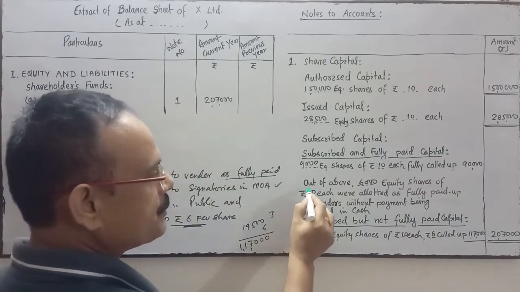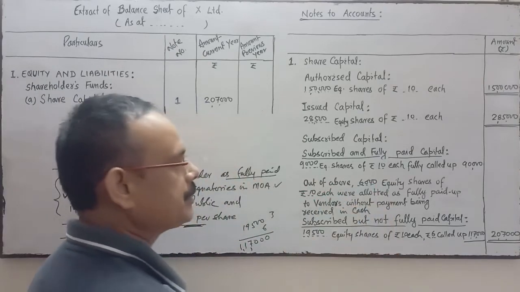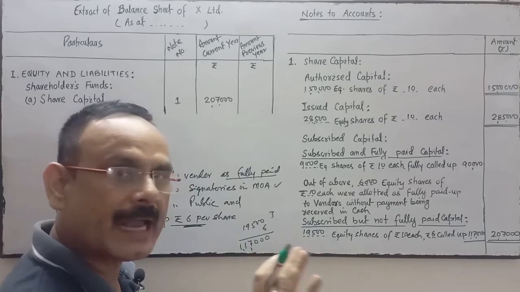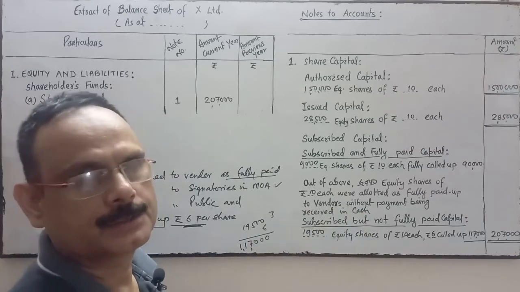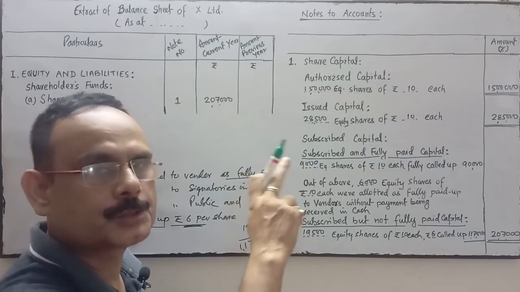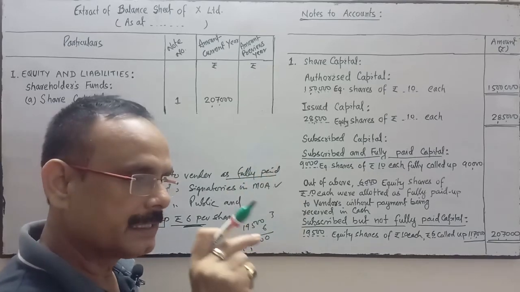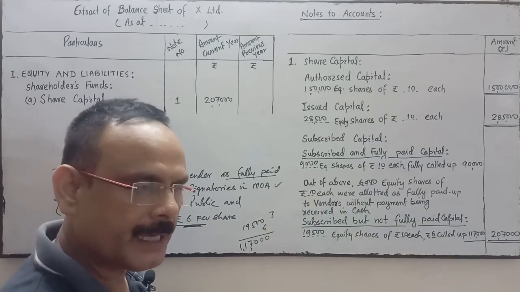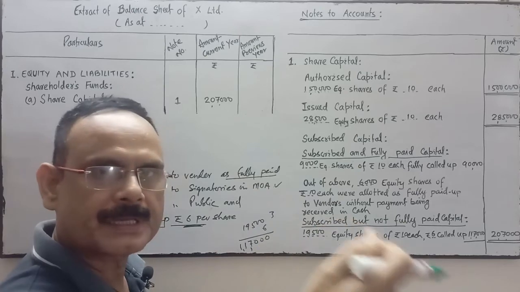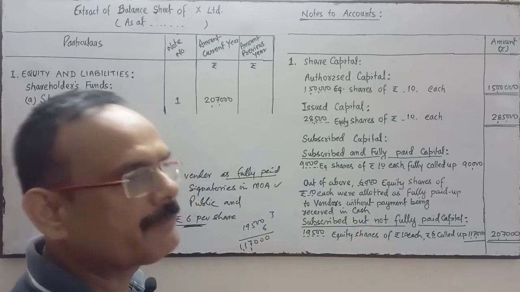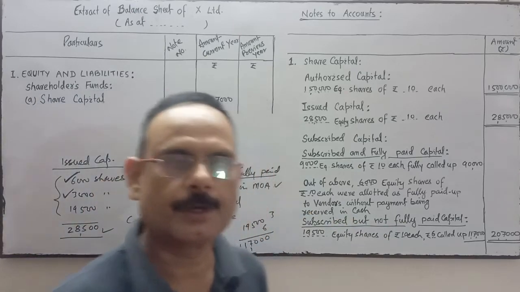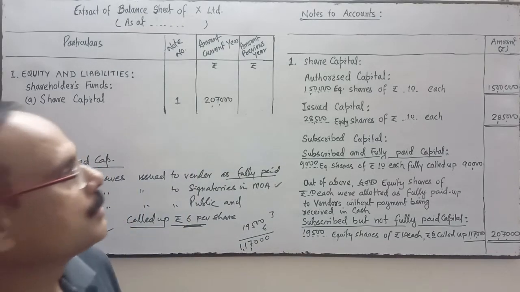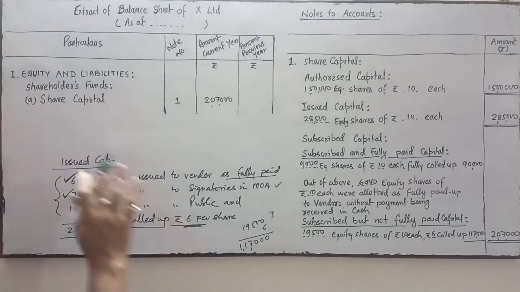And this information is for what? This many shares are issued to the vendor for the payment of purchase consideration and no cash is received against this. So this information must be given in the notes to account, because these shares are issued against the building. The building is purchased by the company, and for the payment of purchase consideration, the company has given the vendor 6,000 equity shares of rupees 10 each, fully paid. So this is the way we prepare the balance sheet.